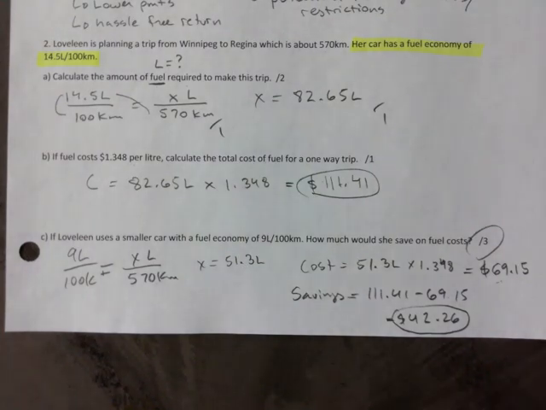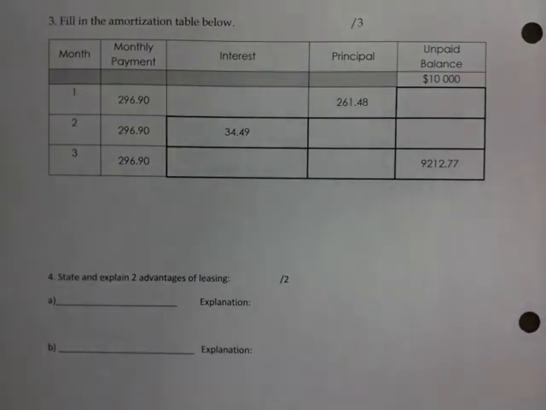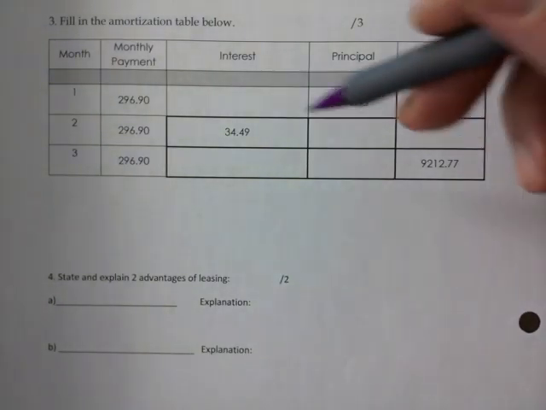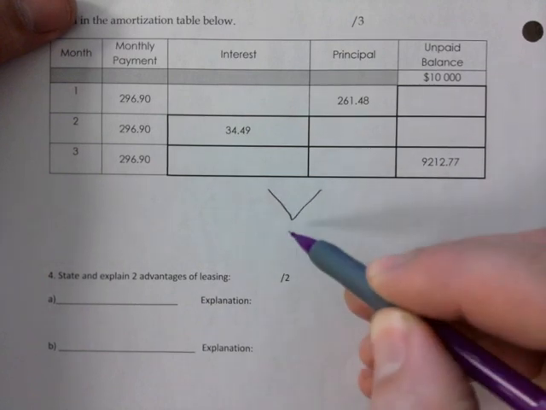I would like you to try the next one that I have. It has a partially filled in amortization table. I would like you to try that before we go. Okay, so I'm going to pause this here. Some of you are just waiting for me. That's fine too. At this point, I would like you to at least know, right, that these two amount to